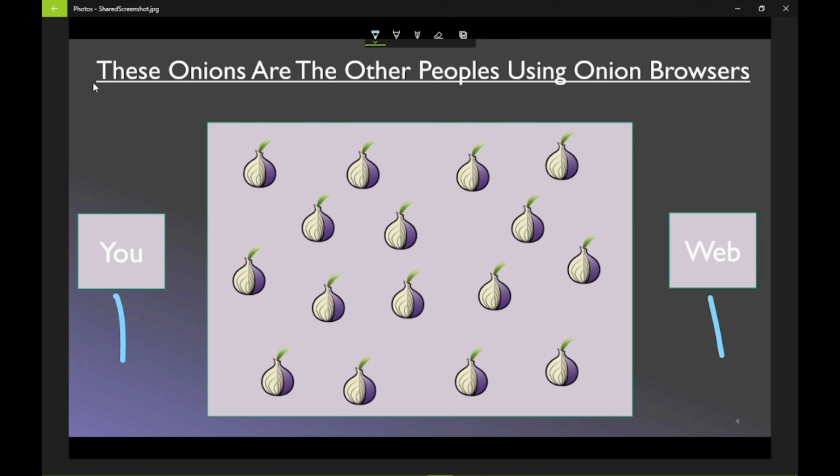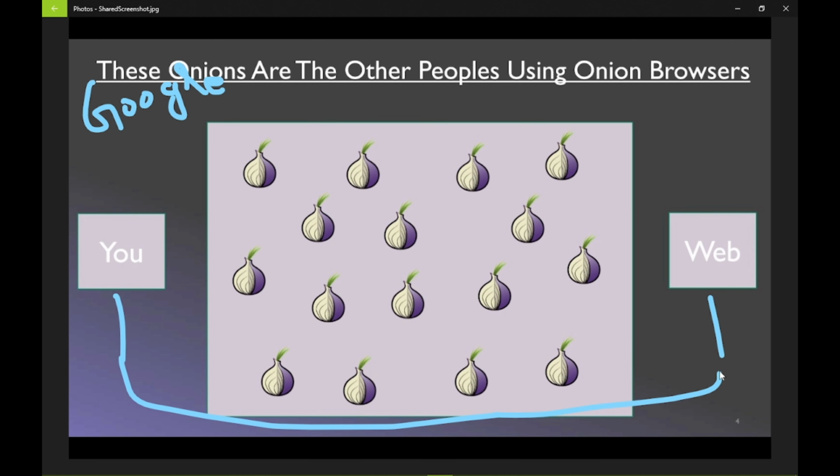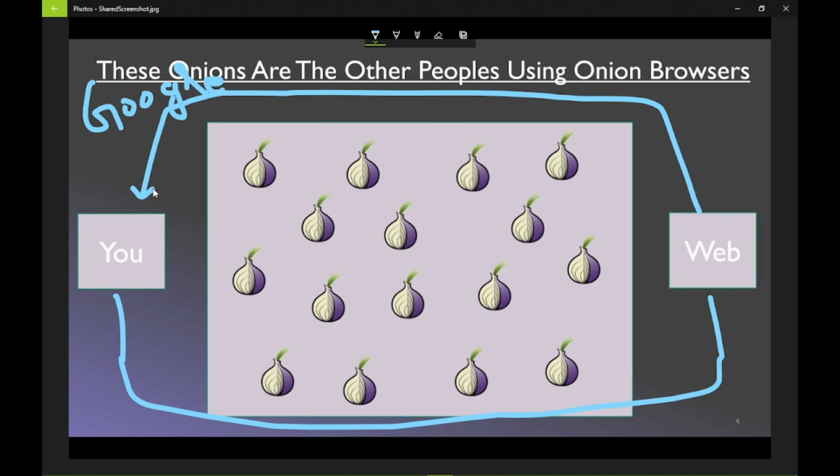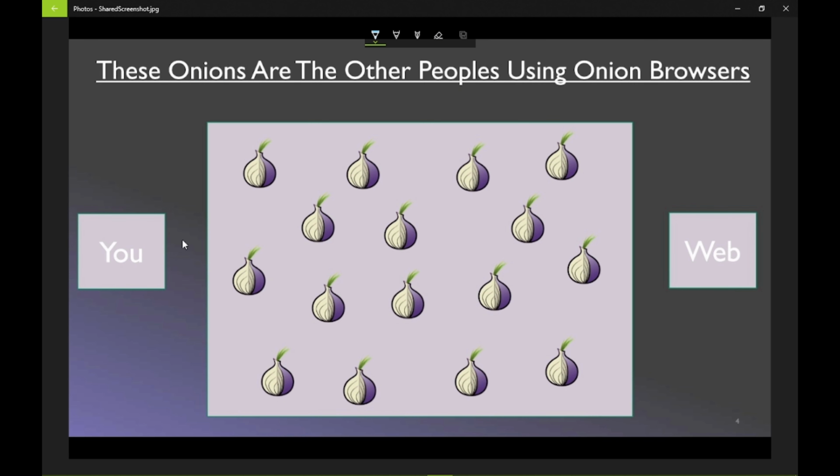For example, if you want to go to Google, in the normal scenario, you open a browser and make a request that you want to go to Google. The browser knows your IP address and will send the response back to you. We had seen this very briefly in the proxy chains video, and I would suggest you watch that video. So let me remove all these things here.